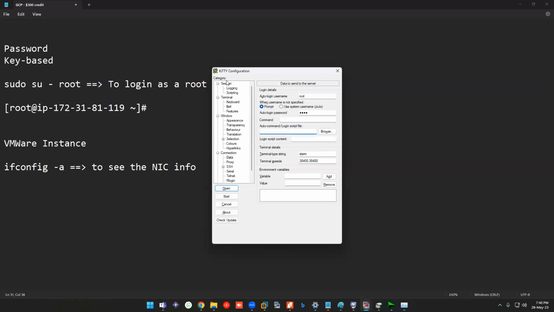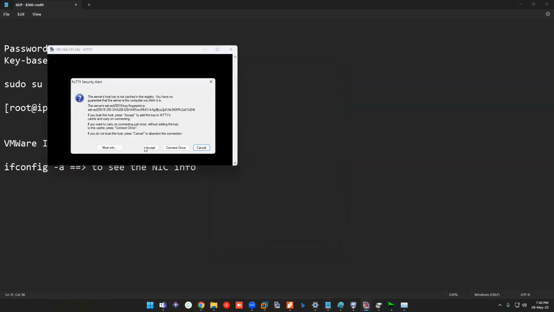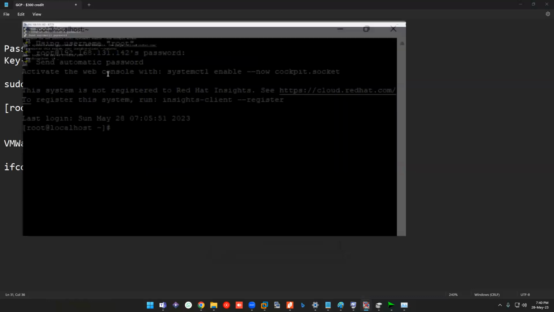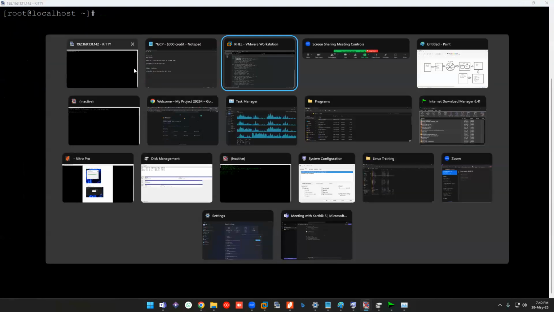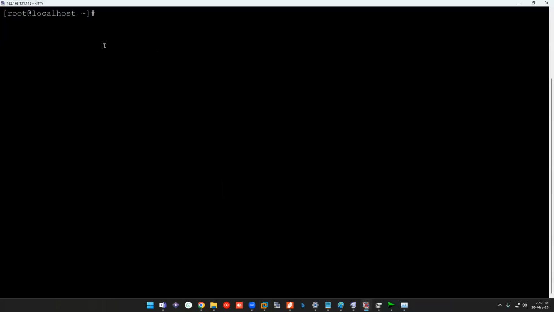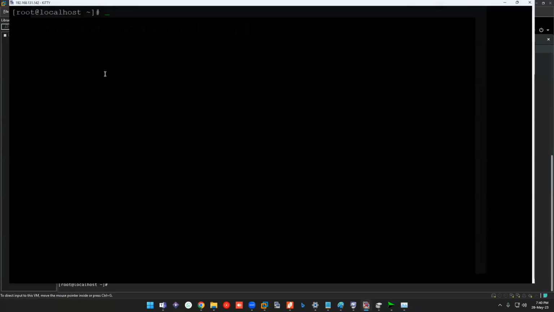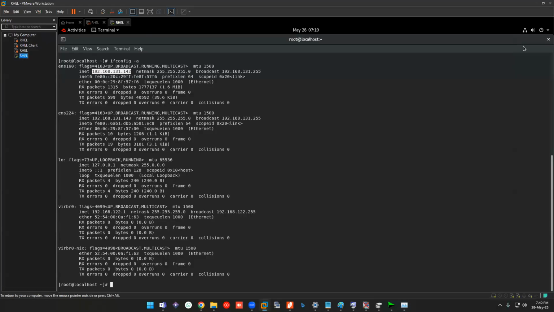Since it is not key based, you can save it and double click it. Again, it is a remote connection to the server. We just logged into the same server remotely. Many would think it is a different server, but no, it is the same machine.